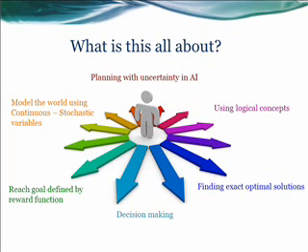Alternatively, we can model the world using discrete variables, but the natural thing to do would be to use continuous variables. And we want to reach the goal, which is the essential component of every planning problem, by a reward function, similar to the way that Markov decision processes are handled. So this is a decision-making problem where the agent has many decisions, has many choices, and has to come up with the best solution. And we guarantee that our approach is exact and optimal.